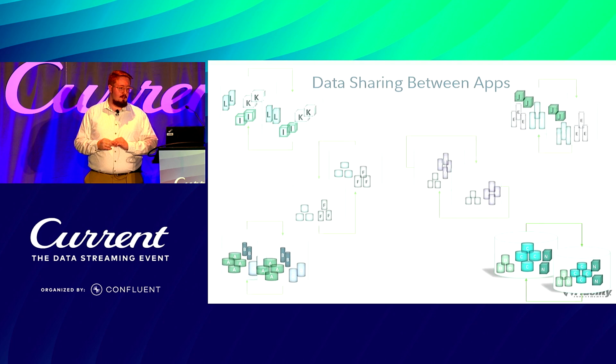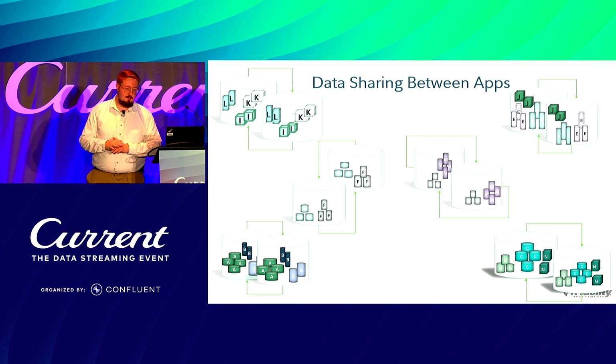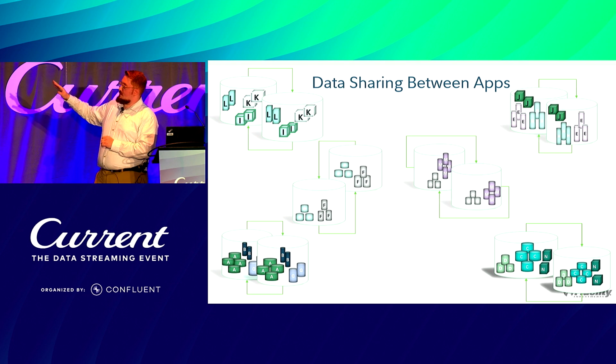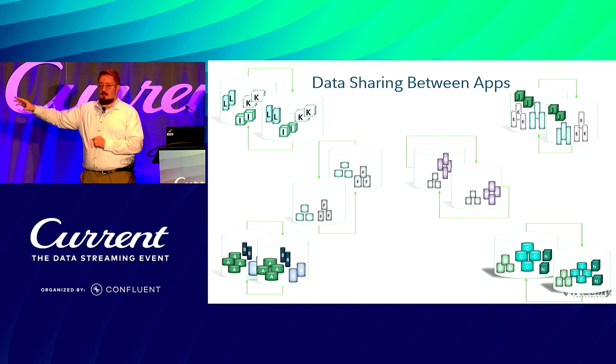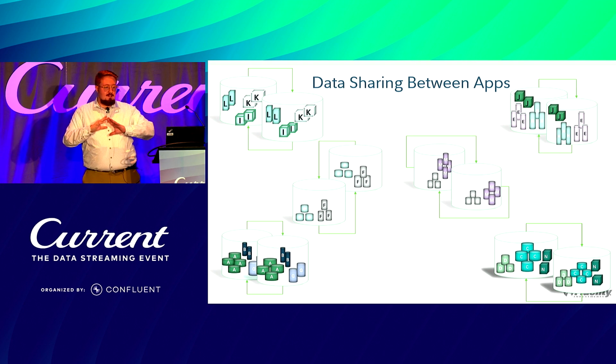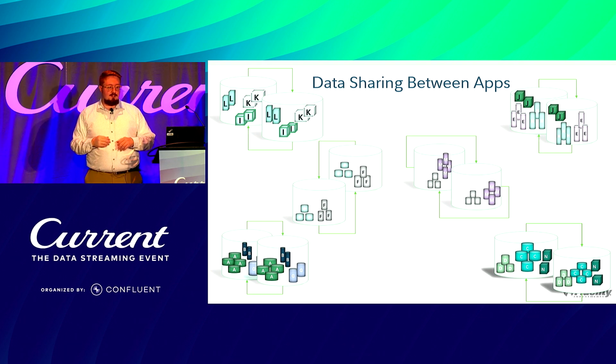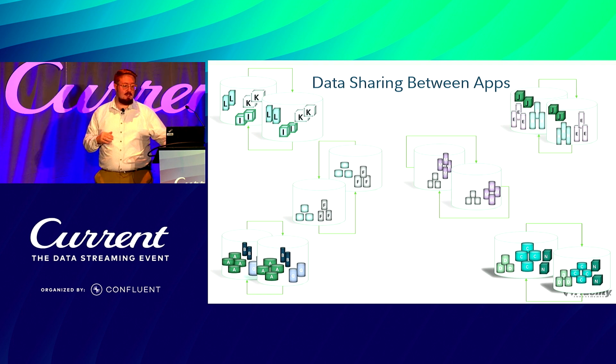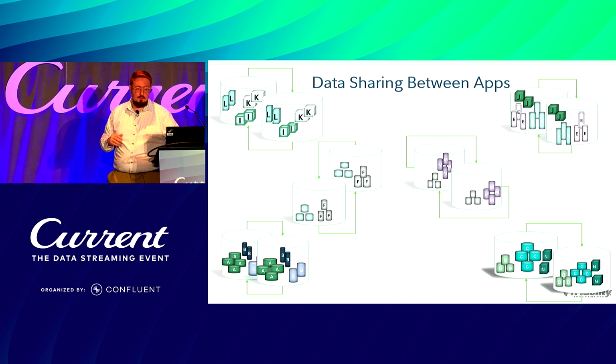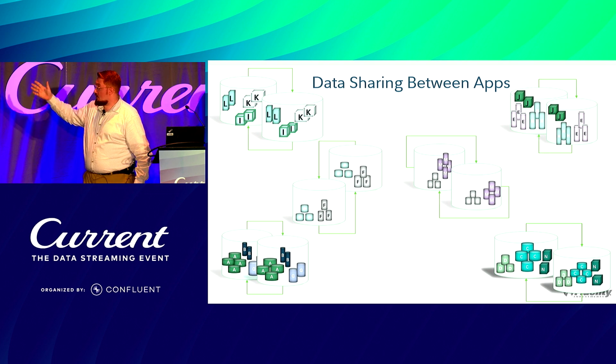So let's talk a little bit about moving data now between these clusters and between these apps. So if all apps just use a vanilla Kafka consumer, they can just plug into one of these clusters and read that data off. But that's not always the simple solution. We're talking about humongous enterprises here, and we're talking about sharing of data. So the apps are just never going to be that simple. You're going to have levels of isolation. You're going to have the geographical separation to meet your business needs. And this means that we have to provide that mechanism to really just have data shared and be across multiple